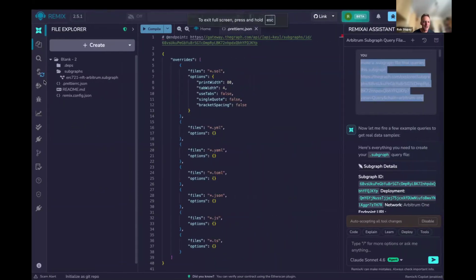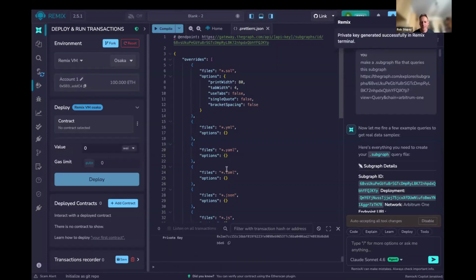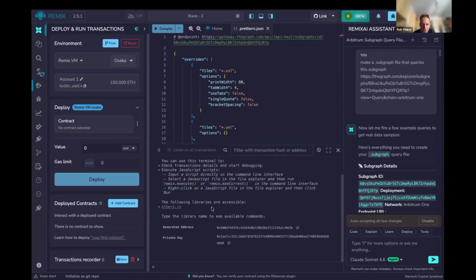Look at this. When you're in the Remix VM and you go over here, the 3 buttons here, you can generate a private key. And then when you scroll up the terminal, you can see the public key and the private key. So sometimes, like for working with different projects and technologies, you have to quickly get a private key together, and then hunting around in the Remix VM or in MetaMask.